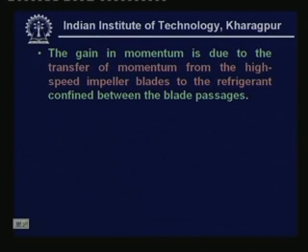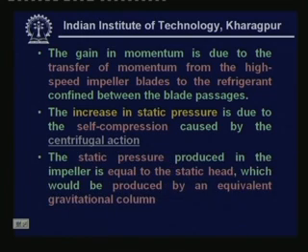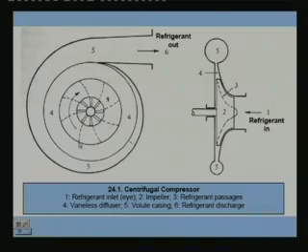Now let me explain the physics. The gain in momentum is due to the transfer of momentum from the high speed impeller blades to the refrigerant confined between the blade passages. The increase in static pressure is due to the self compression caused by the centrifugal action. I will explain what it is. And the static pressure produced in the impeller is equal to the static head, which would be produced by an equivalent gravitational column. As you can see that as a